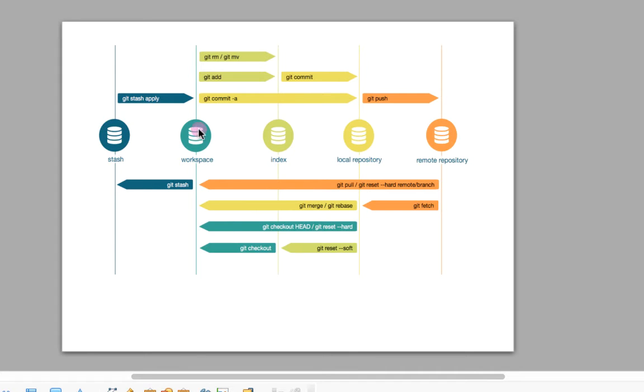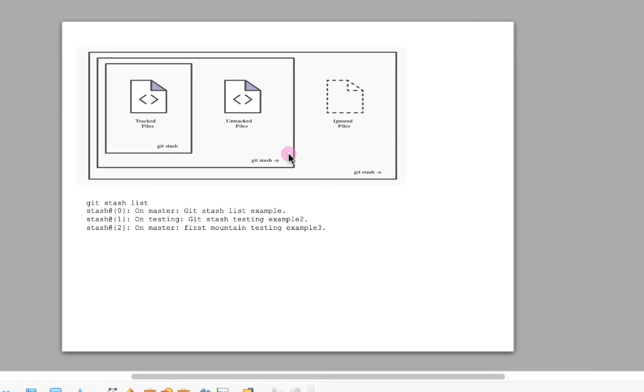When I am talking about uncommitted changes, I am talking about only tracked files, which are in the repository, meaning which Git is tracking. Git stash by default does not hide the changes of untracked files. It will hide only the changes which are in the staging area or your working directory for files tracked by Git.